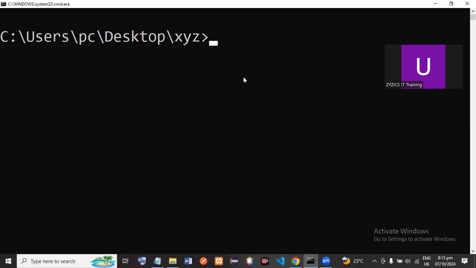The first time you run the surge command like this, it will prompt you to create an account. Okay, I already have a surge account on my system, so I won't hit enter, but you type surge and hit enter, and it will prompt you for email, a valid email address, and a password. Okay, and it will create an account automatically for you. So go ahead, hit enter